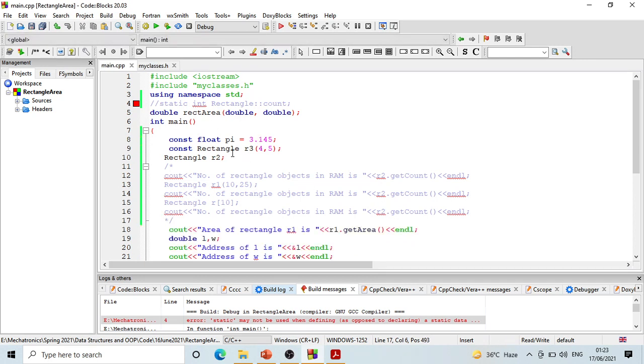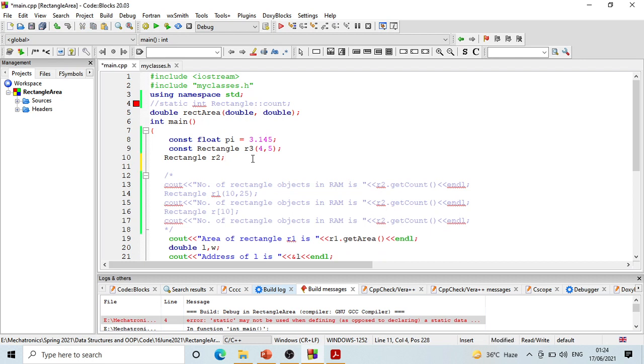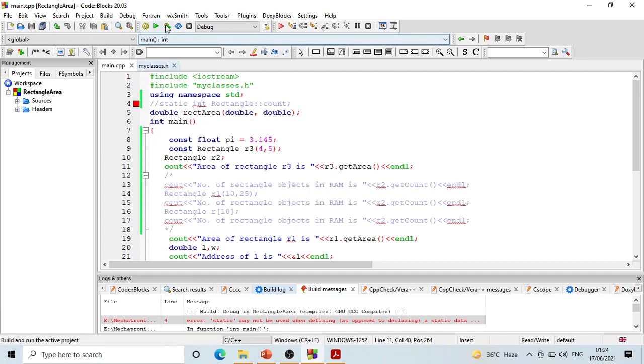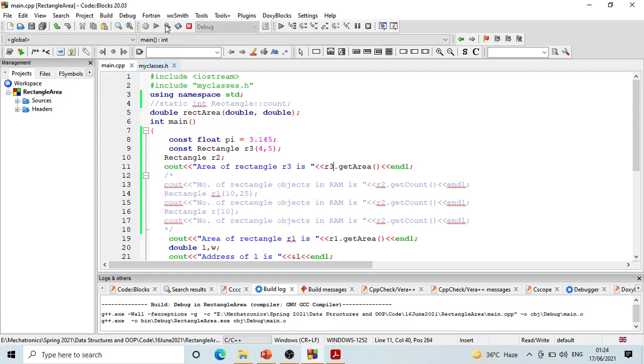अच्छा, सो वी हैव अ कांस्टेंट रेक्टेंगल ऑब्जेक्ट R3, ठीक है, एंड वी वांट टू फाइंड आउट कि इसका एरिया क्या है। आई गेस वी शुड बी एबल टू डू दैट, इज माय एक्सपेक्टेशन कि हमें ऐसा काम कर लेना चाहिए, मतलब इसमें कोई मसला नहीं। गेट एरिया फंक्शन डज नॉट मॉडिफाई द ऑब्जेक्ट इन थिंग्स लाइक दैट। लेट अस बिल्ड एंड रन इट।